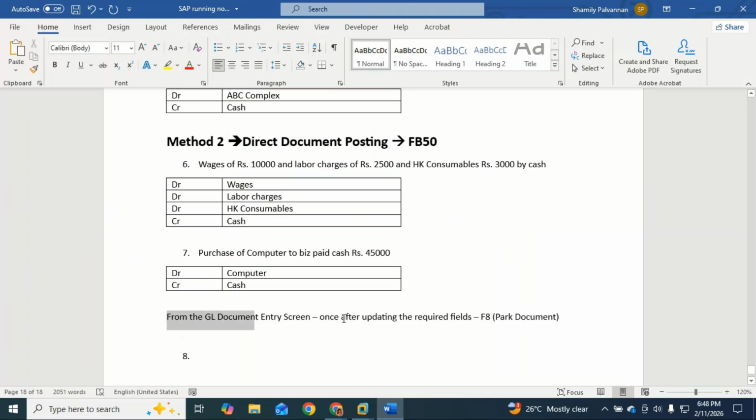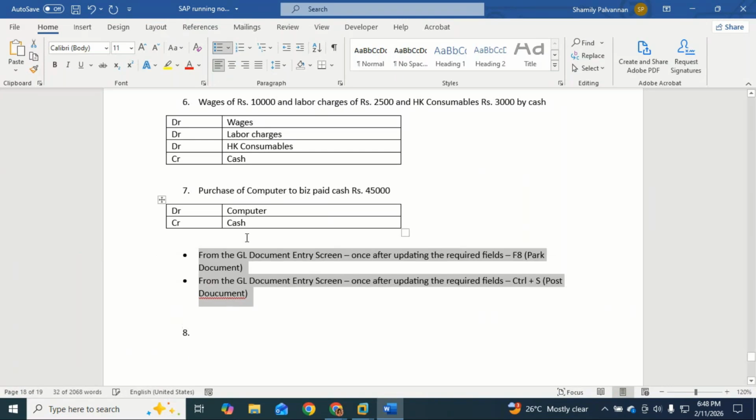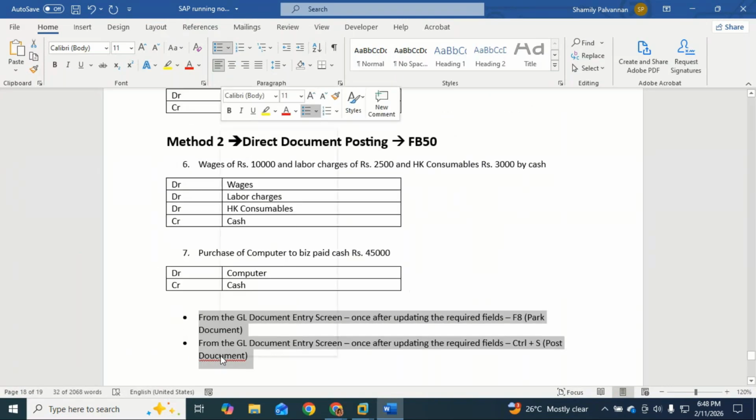If in the same screen, instead of F8, you use save, Control Yes, so this is post document. Post means entry is accepted for entry level. Now what we have done, we have parked this entry. To see this parked document, we have to go for display parked